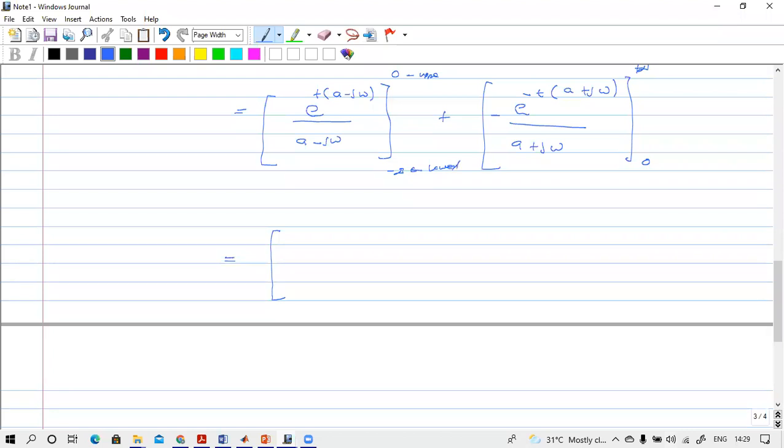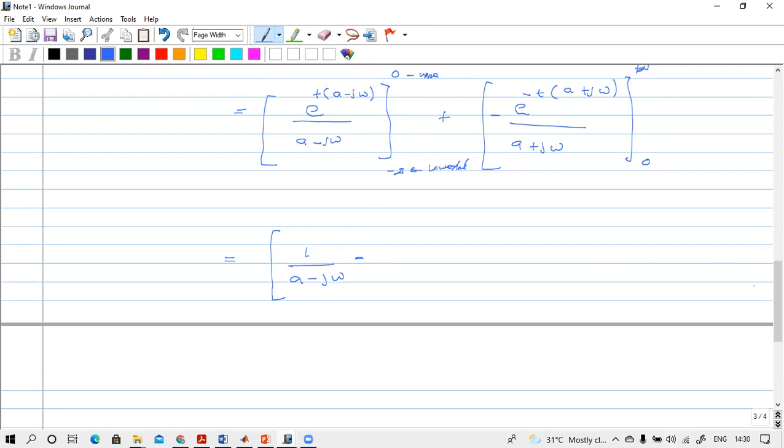This is the upper limit, and this is the lower limit. If we substitute this upper limit and lower limit, here t is 0, so you will get 1 over a minus j omega, minus, if you apply minus infinity,